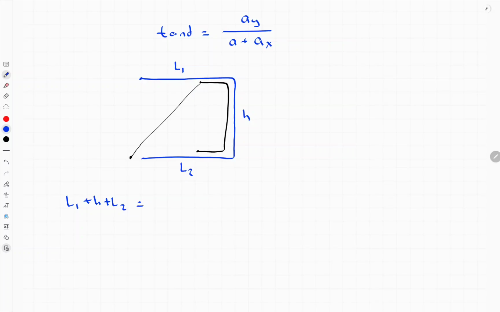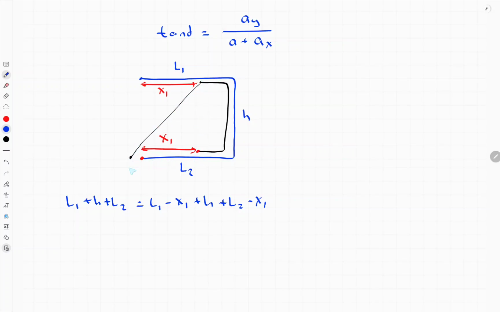And finally, this is the end of the inclined plane. We said that it moves to the right by x1 distance. It means this part also moves by x1 distance. Now let's write the final length of the rope. So basically this part equals L1 minus x1, plus this part, same h. This length equals L2 minus x1, and plus this length of the rope, which is basically